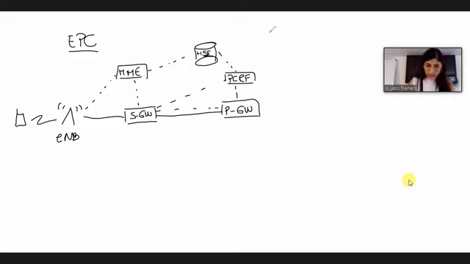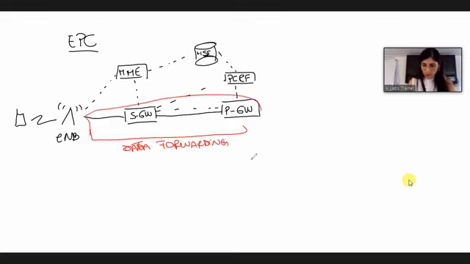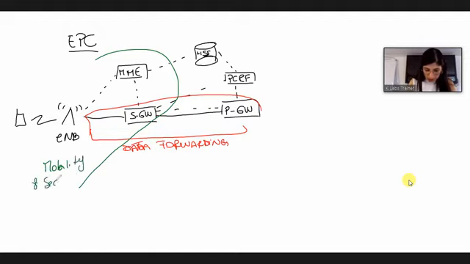From here we can see, for example, the data forwarding. The serving gateway and PDN gateway are responsible for data forwarding. Then we also have the MME together with the serving gateway, which are responsible for mobility and session management.